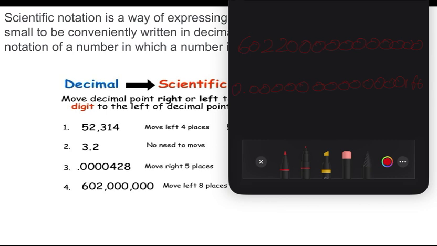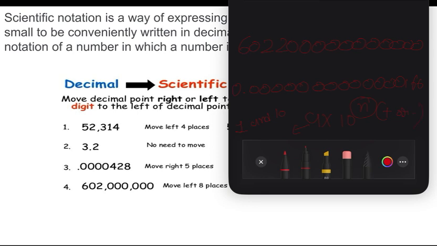Scientific notation is written in the form of a into 10 raised to n. Here a is a number between 1 and 10, right? And n is an integer, positive or negative. Okay,